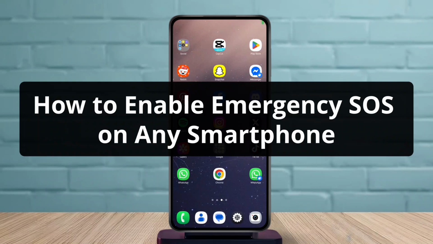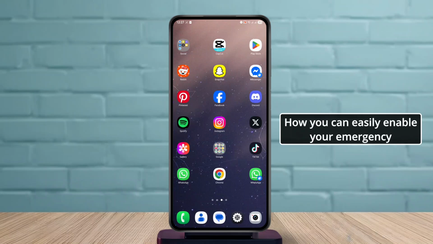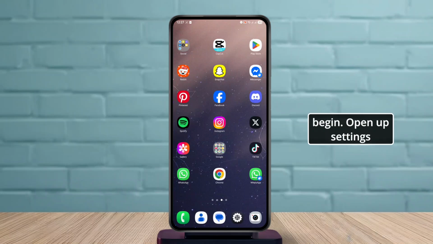How to enable emergency SOS on any smartphone. In today's video, we're going to look at how you can easily enable your emergency SOS on your smartphone. Let's begin. Open up settings,